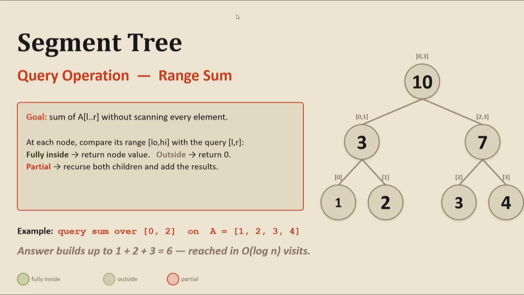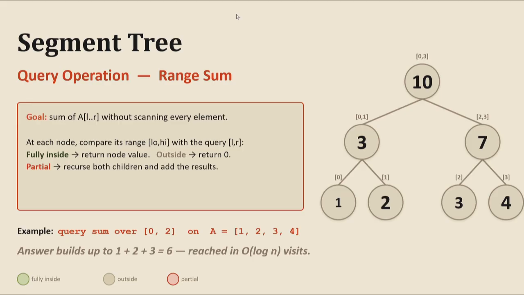The problem is simple to state. Given an array A, find the sum of all elements between index l and index r. The naive approach scans every element in that range, which takes order of n time. A segment tree does the same thing in order of log n, and the key to that is how the